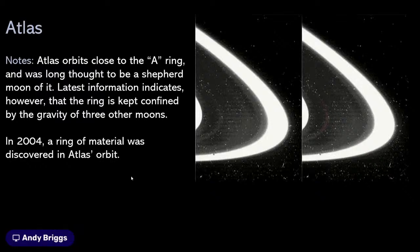And the latest information indicates that the ring is kept within its limits, if you like, by the action of three other moons, Prometheus, Janus, and another one I can't remember. So Atlas is not actually a shepherd moon. But in that case, how did it get that? If it's not picking up material like a shepherd moon does, how does it actually get that ridge around its